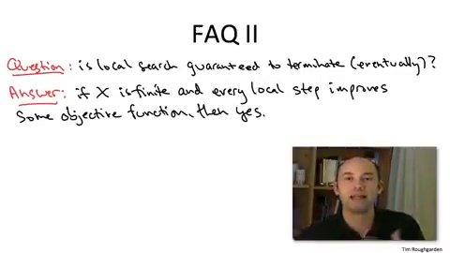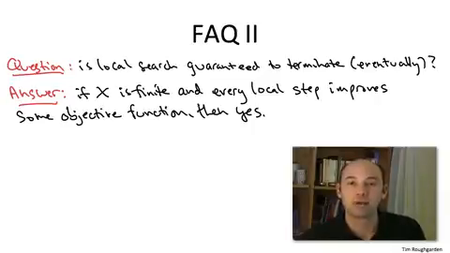And the way you define a superior neighboring solution is that it's one with better objective function value. This is exactly what we were doing in the maximum cut problem. There, the space was finite. It was just the set of exponentially many graph cuts, and our objective function was just the number of crossing cuts. Similarly, for the traveling salesman problem, the space is finite. It's just the roughly n factorial possible tours.